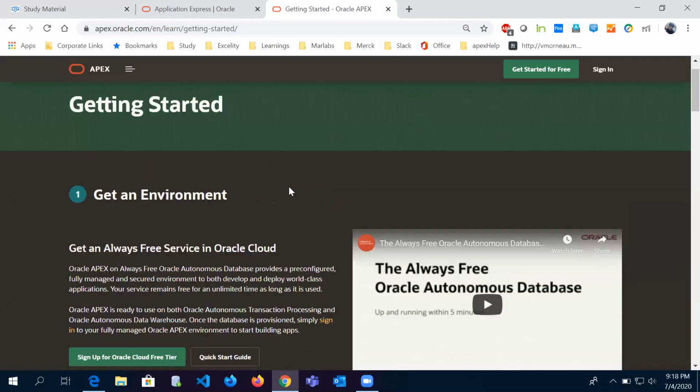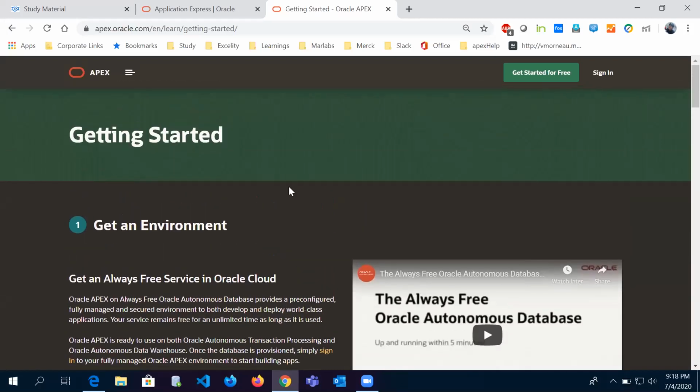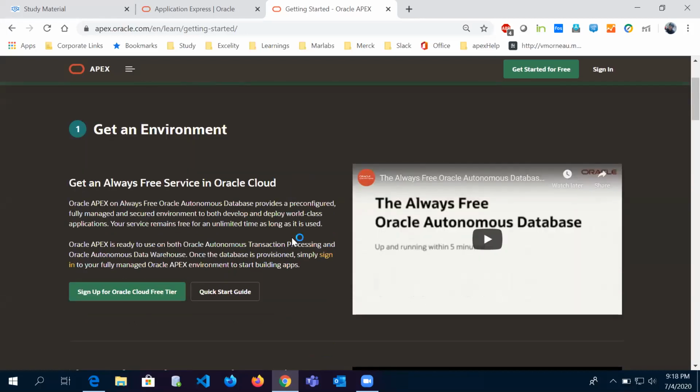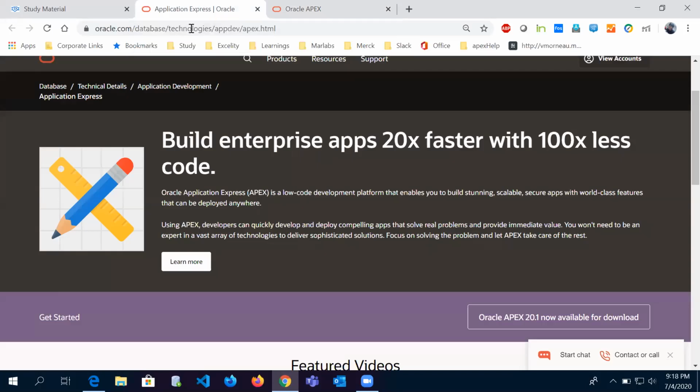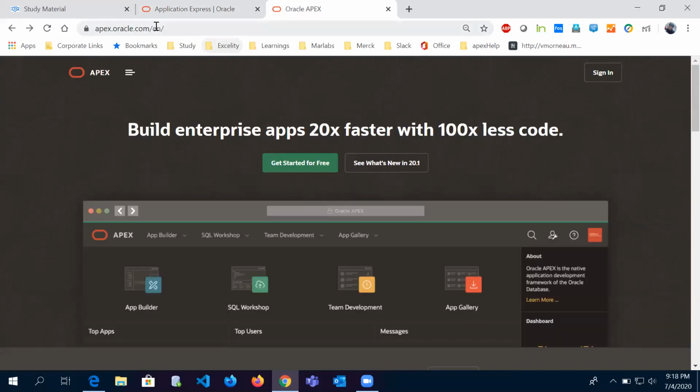Yes, continue. So this is going to be your own database environment. If you create your account, it will be on your own premise. It will act as your own database premise. But we are going to start with apex.oracle.com. That is free of cost, and we are going to get all the features here.